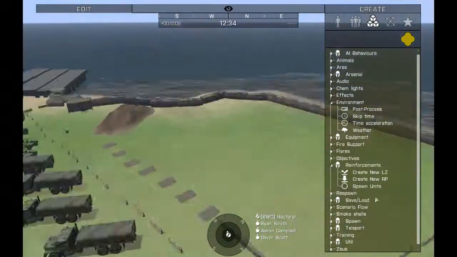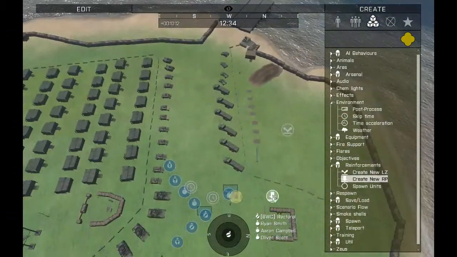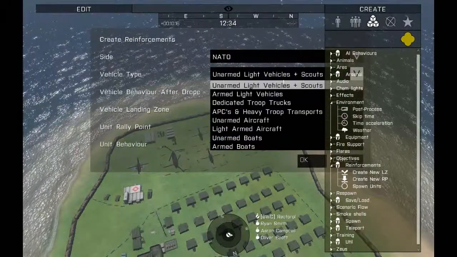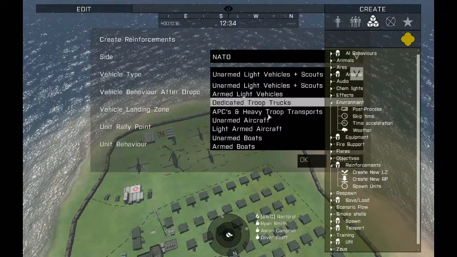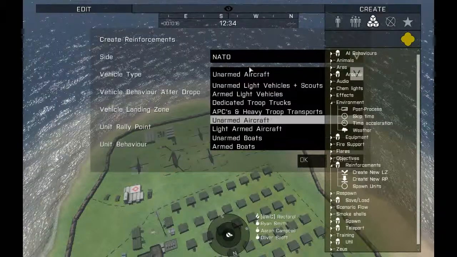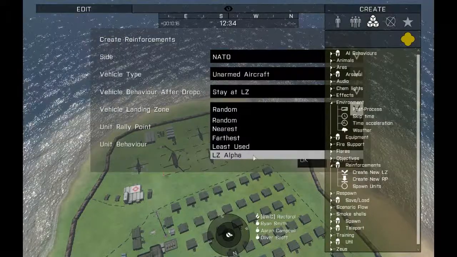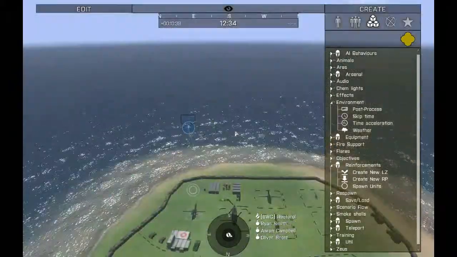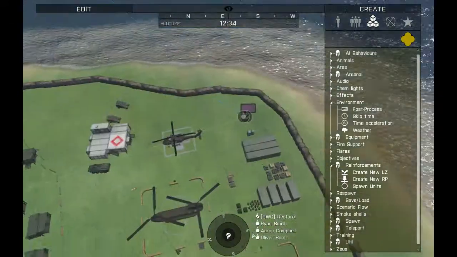Reinforcements right now isn't the greatest. We're going to create a new LZ, and we're going to create a rally point, and we're going to say we're going to spawn units over here. Spawn NATO aircraft, I think. Stay at LZ, and we'll say we can pick which. We're going to say LZ Alpha. We're going to tell them to go to rally point Alpha, and we're just going to do default. And this is why I don't use this, because